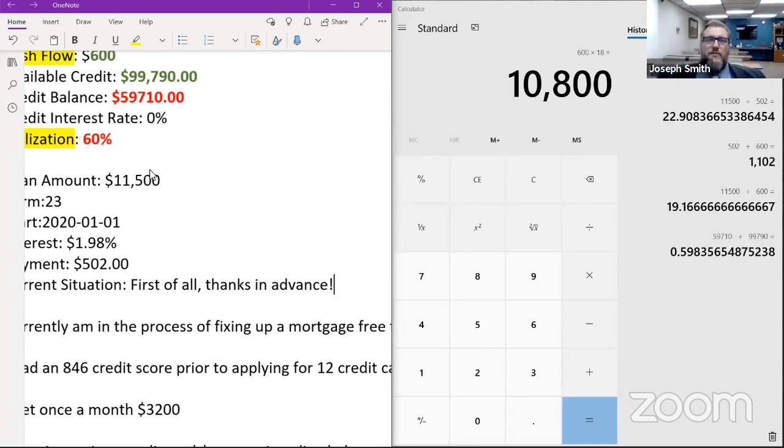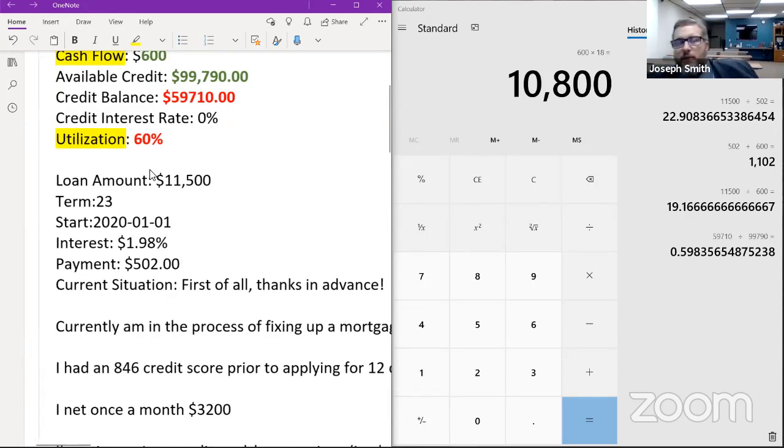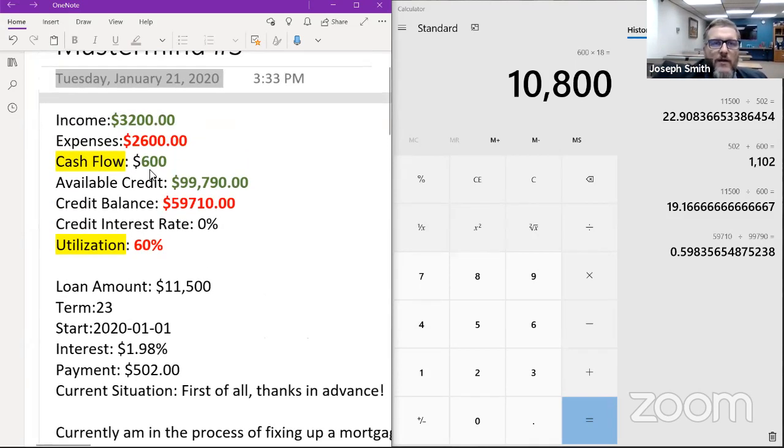So what do I start doing? Well, we have to start looking outside the box, folks. If we can't get this done on our own, what does this mean? This means it's time to start implementing another strategy. We need to combine some strategies. How could we get access to more credit, when our credit score is already kind of tanked because we're at 60% utilization? We could get under 50% utilization in about 2 years, right?